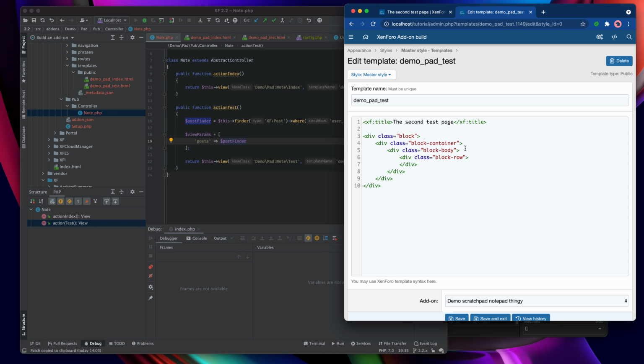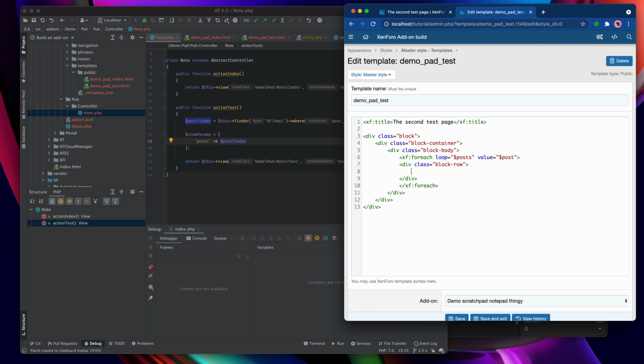So here we are in the test page template, and let's open up that piece there and do an xf:foreach. The loop is on the parameter name, which is posts, and each item is going to be called post. Let's close that off, and then for each of those posts, I'm just going to echo out a little bit of information.